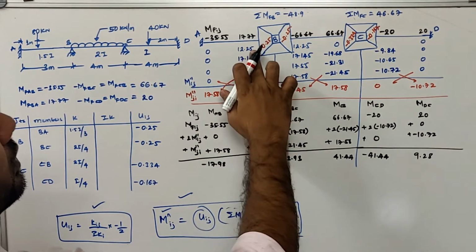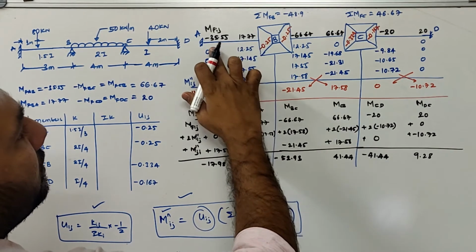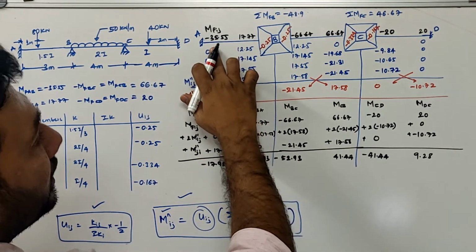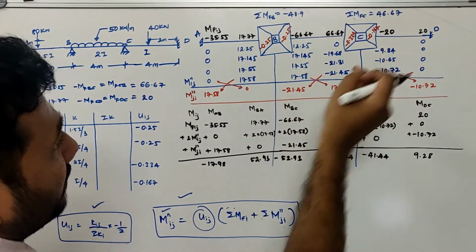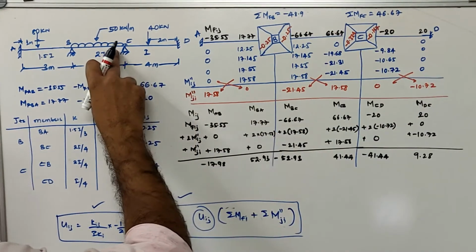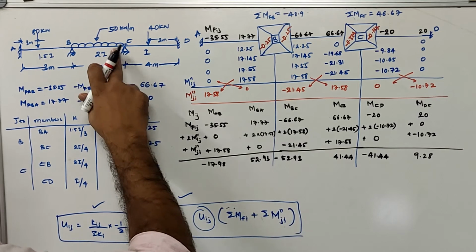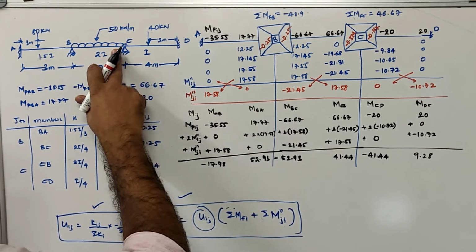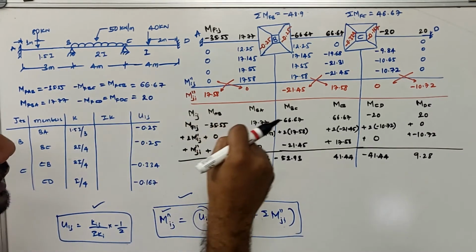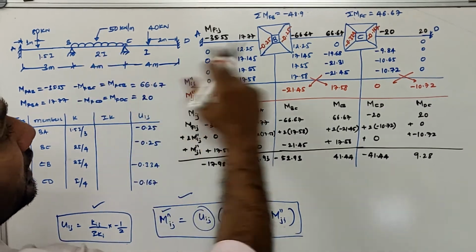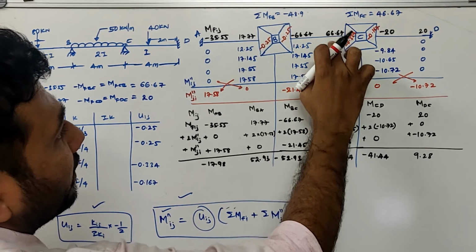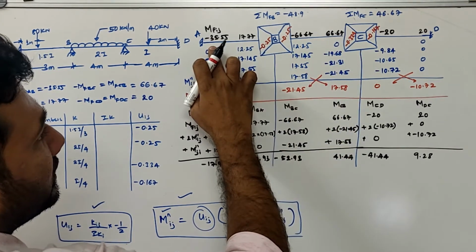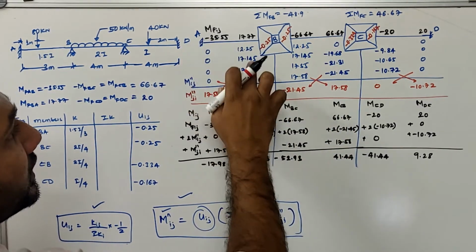Okay, now what we do is that the rotation moment at this joint we are considering it to be 0. In the first iteration, let me assume, okay, which is not true, at this there exists a rotation. If there exists a rotation, then there definitely exists a rotation moment also. But in the first iteration what we do is that we consider here that the rotation is equal to 0. Okay, we are assuming it. So I have written here 0, and this was already a 0. You know why it is 0? Because it is fixed condition.